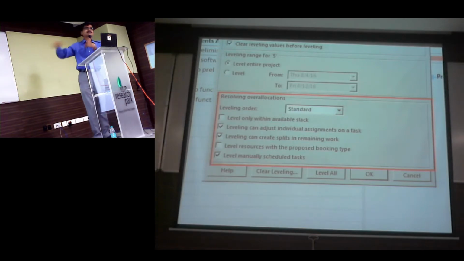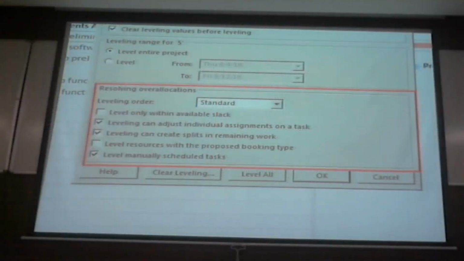The third one is that there are certain activities that should not be split. A 4 day task: do you want to do it continuously, or do you want to split it to avoid this overallocation? The last but one option has more to do with proposed resources, because when we generally prepare a project plan, certain resources are soft lock, some are hard lock. For resources who are blocked to your project, you might say committed, otherwise you might say proposed. Proposed resources, if they are overloaded, you may not need to worry about it right now, because you might find a replacement at a later time.